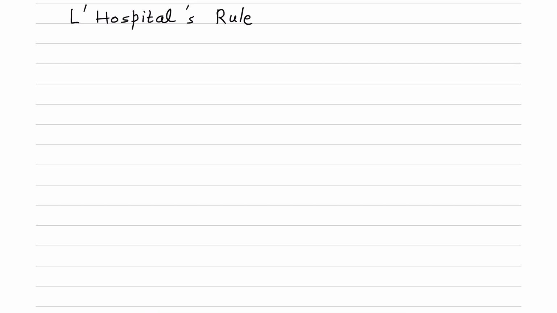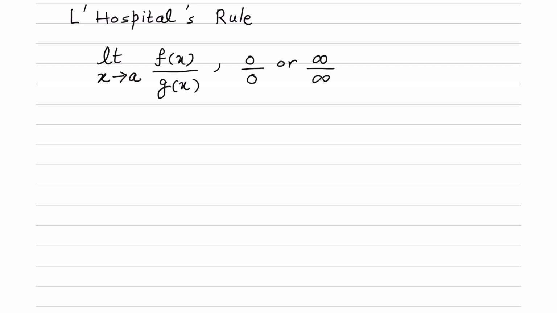In this video, we are going to talk about L'Hopital's rule. What does this rule say? That if by applying the limit x approaches a of f of x over g of x, you get 0 by 0 or infinity by infinity, then in that case, you can write limit x approaching a of f of